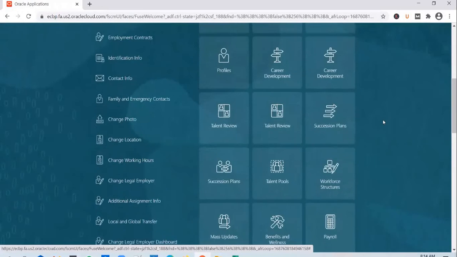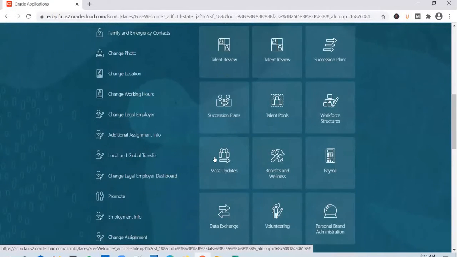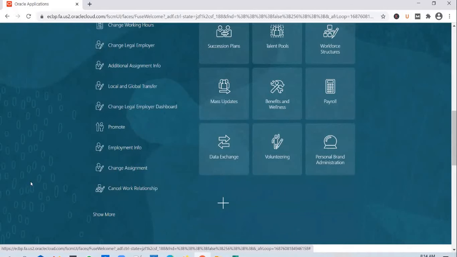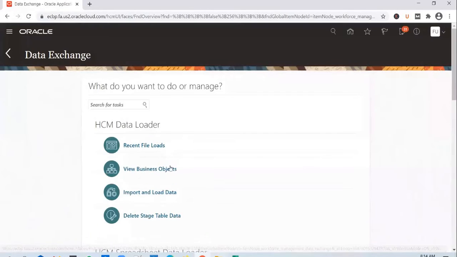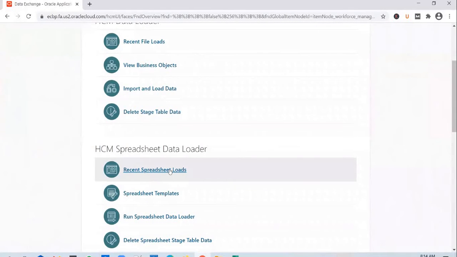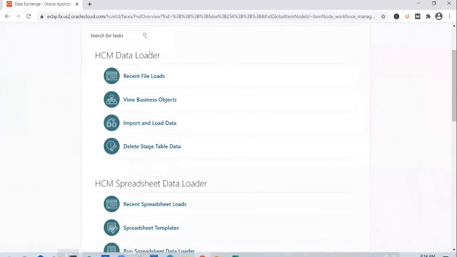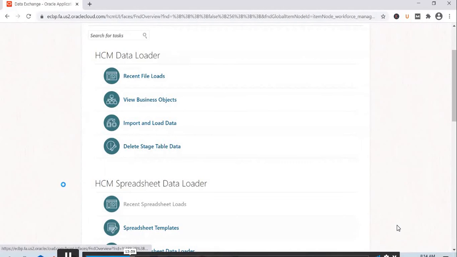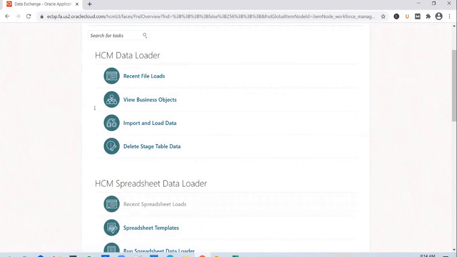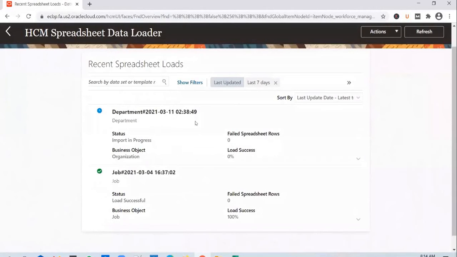And on the data exchange screen, you can track this request, the request that you have sent in the recent spreadsheet loads, as well as in the HCM data loader as well. So if you go to recent spreadsheet loads, you will be able to see the spreadsheet load that you have kicked off. So this is in progress at the moment.